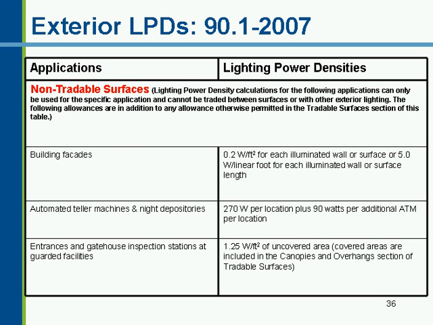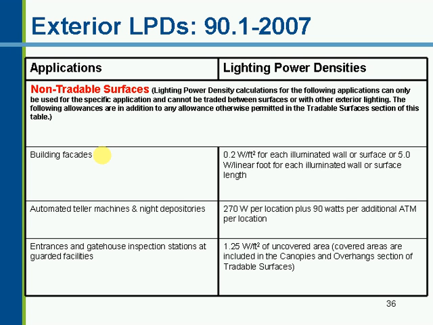Let's look at non-tradable surfaces. And again, these you get a specific wattage allowance, but you cannot use it for anything else. Building facades is the first category. Unlike the open sales area we just talked about, while there are two ways to calculate this, you cannot claim both of them. You must use one or the other.